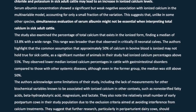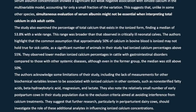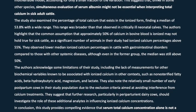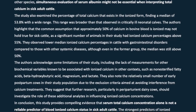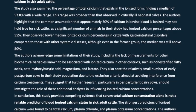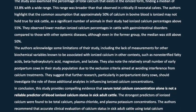The authors acknowledge some limitations of their study, including the lack of measurements for other biochemical variables known to be associated with ionized calcium in other contexts, such as non-esterified fatty acids, beta-hydroxybutyric acid, magnesium, and lactate. They also note the relatively small number of early postpartum cows in their study population due to the exclusion criteria aimed at avoiding interference from calcium treatments. They suggest that further research, particularly in paraparturient dairy cows, should investigate the role of these additional analytes in influencing